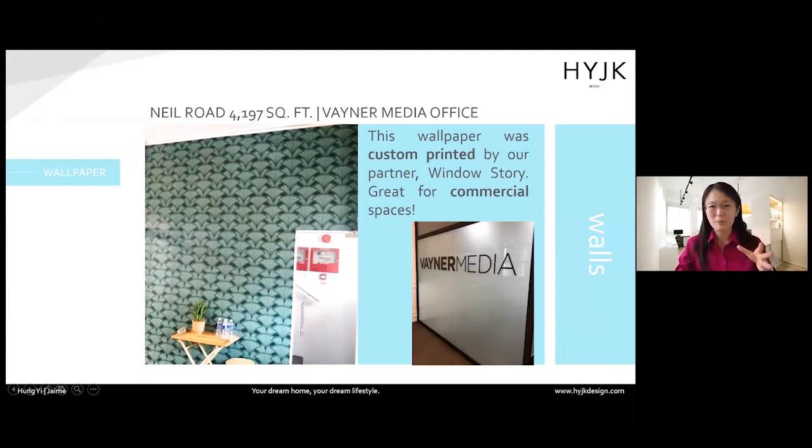And it's great for commercial spaces because usually you don't have to worry about maintenance, in the sense that most people actually do their renovations every 2, 3, or maximum every 5 years. So it's quite often that they do some touch-up and renovation. With this custom print, you can actually get a designer to design it for you, so it can be one of a kind as well. And then we can get our partners to custom print it. So it's possible to custom print wallpapers as well.